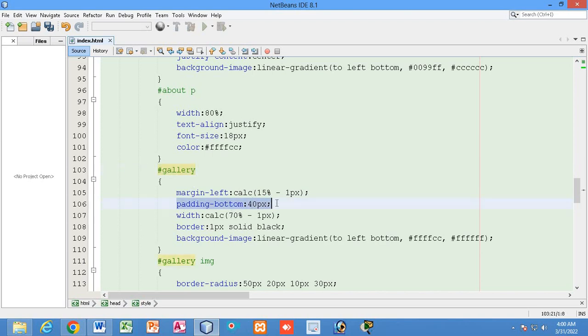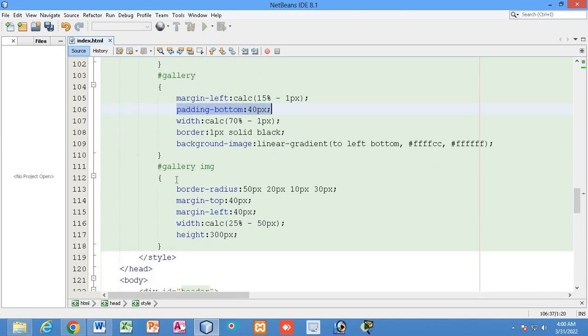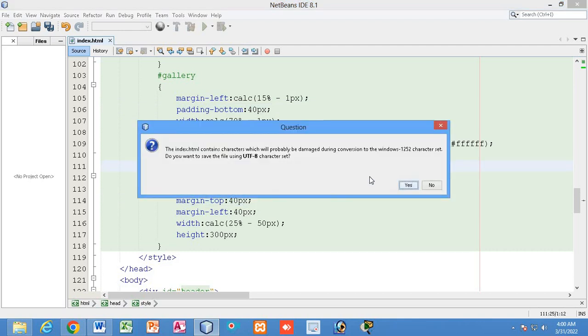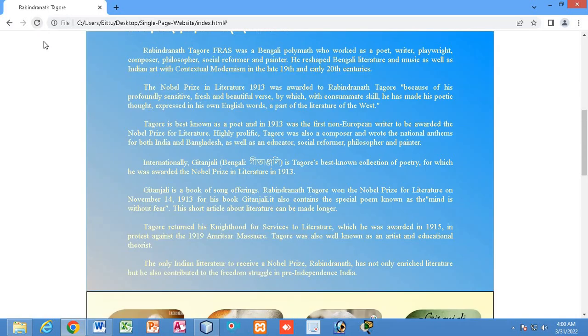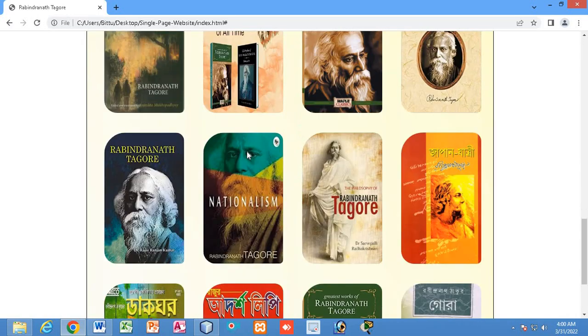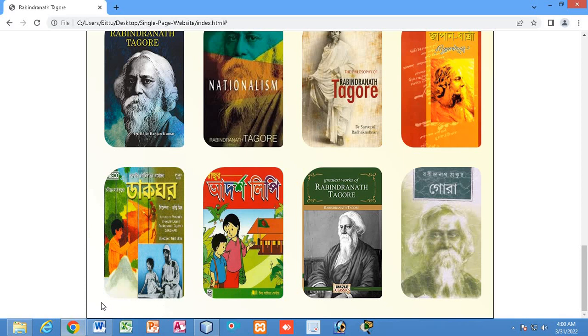This matches the top margin of 40 px of the images. So images have the margin top, and I have also applied padding bottom of 40 px. It matches equally with the images, right?